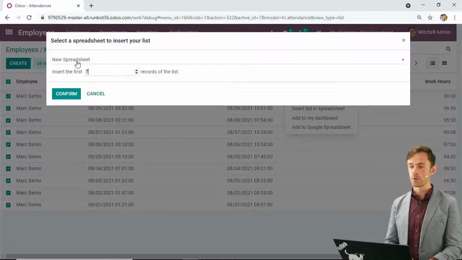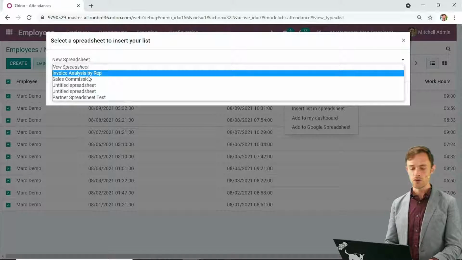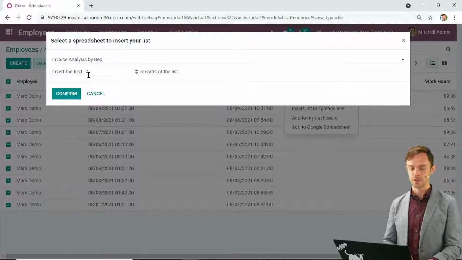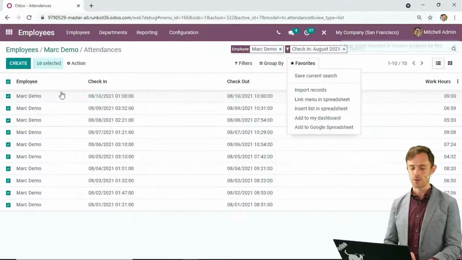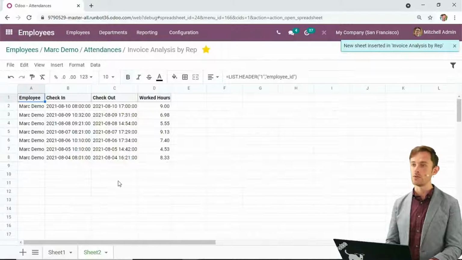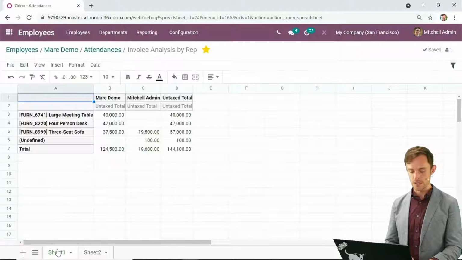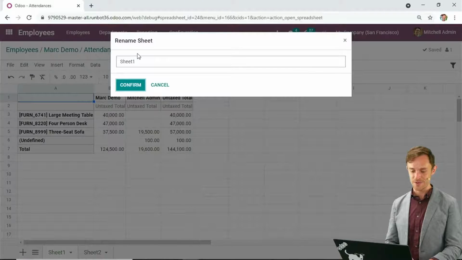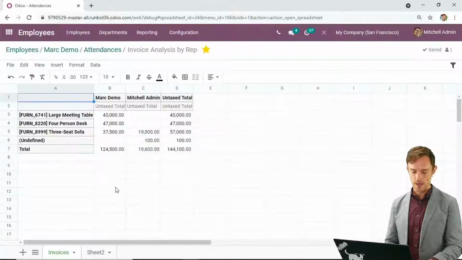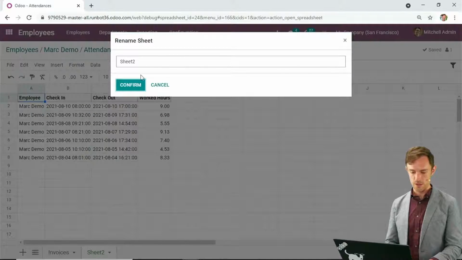And just like before, we could put it in a new spreadsheet, or we could add it to our existing spreadsheet, Invoice Analysis by Rep. So I'm going to throw it in there, and it automatically will add it in a new tab, as you can see here. I'm going to rename these tabs so I can reference them real quick. I'll say this is the one with the invoices, and this is the one with the working time for Mark